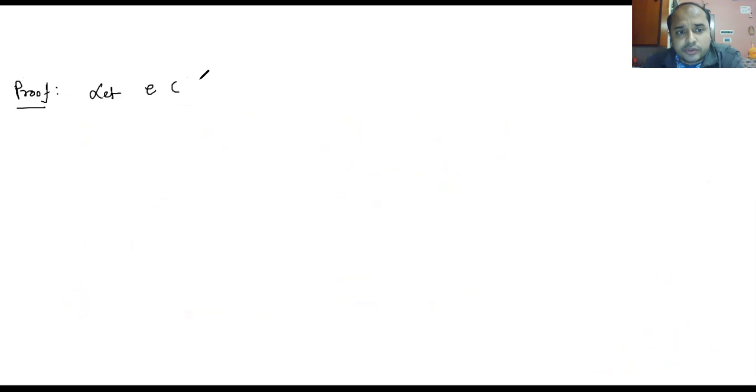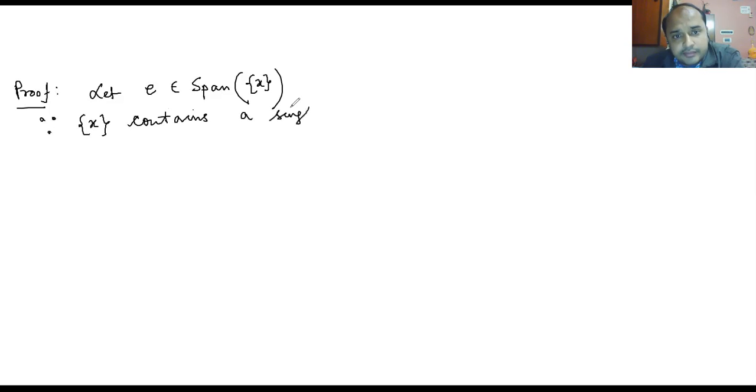Let E belong to span of S. Now, since X contains a single vector, a single point, a single element,